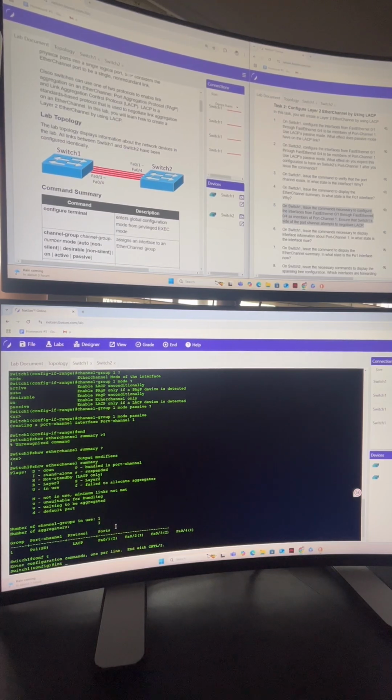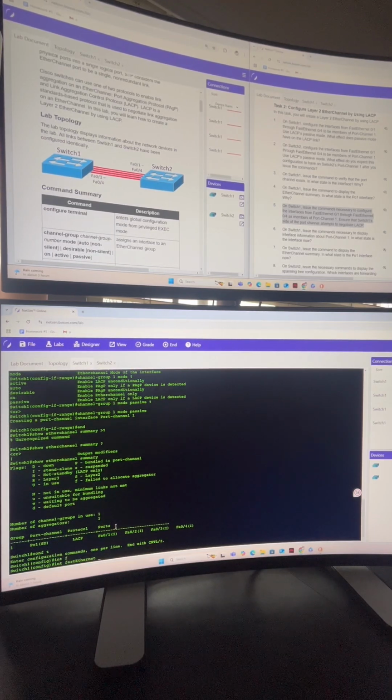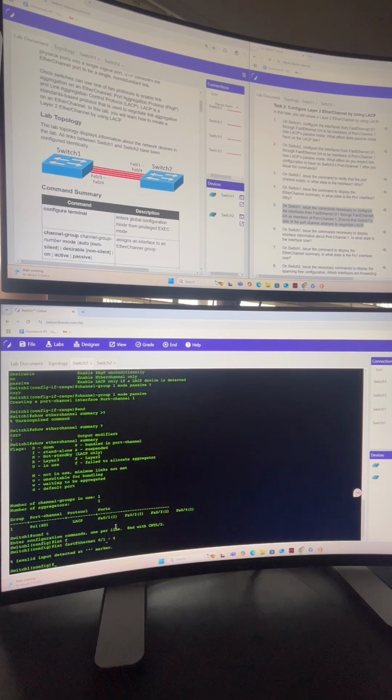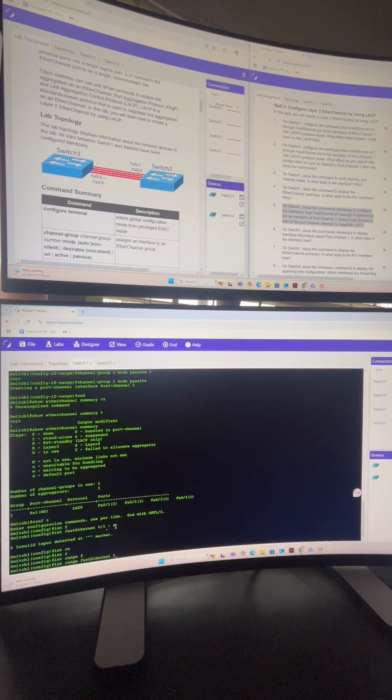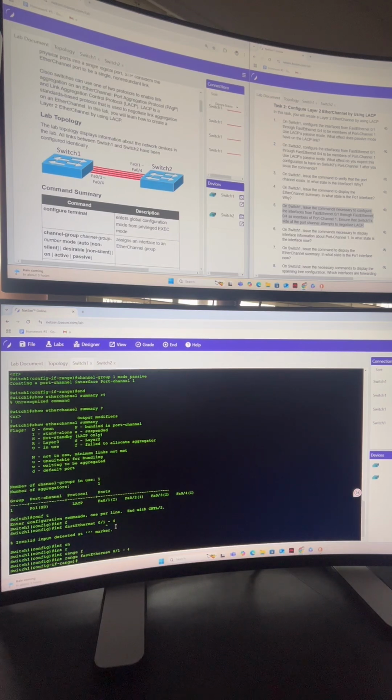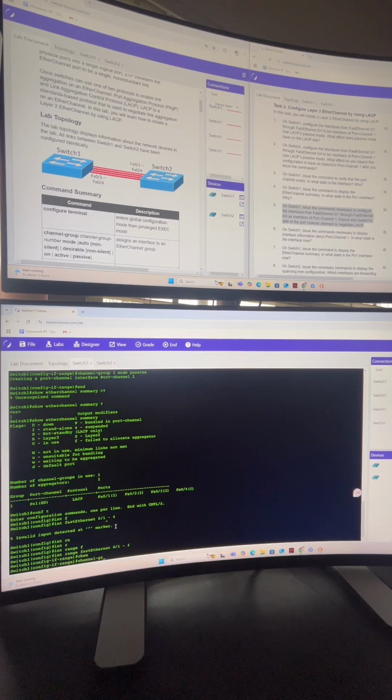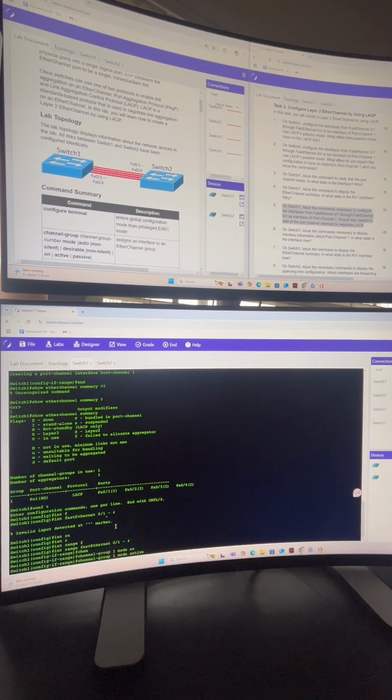Let's go interface range fast Ethernet 0/1 through 4. All right, good. Let's do a channel-group